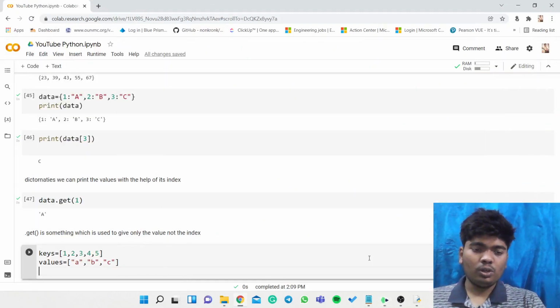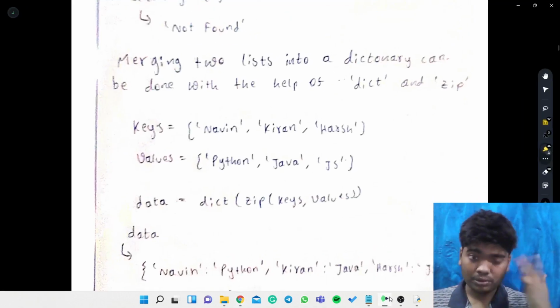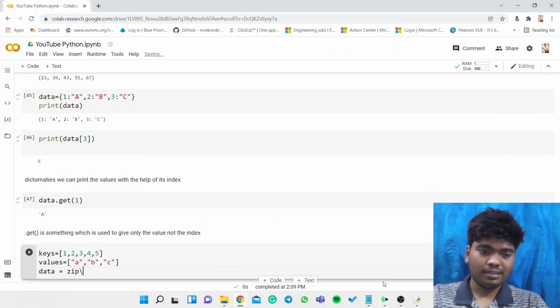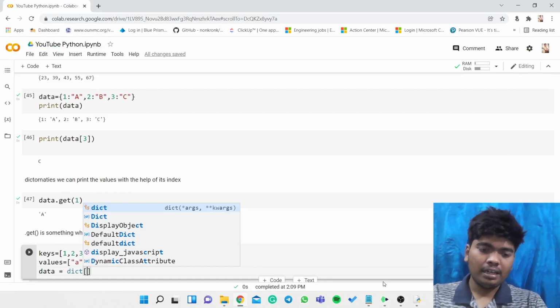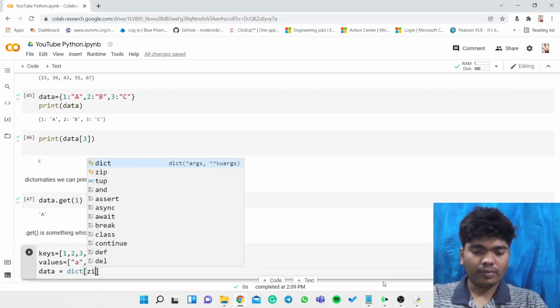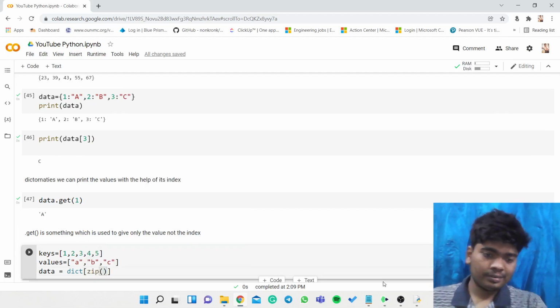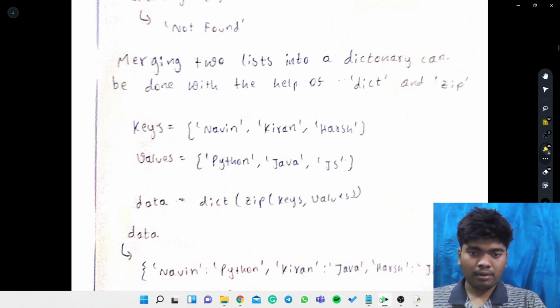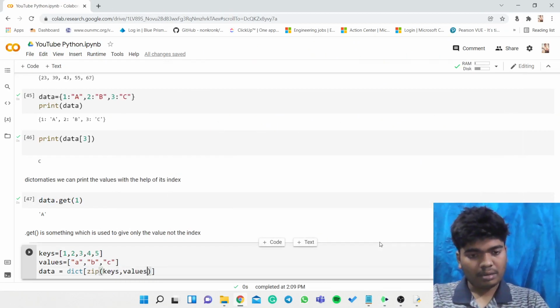Data is equal to zip, data is equal to dictionary. So we are just trying to put it in the dictionary, right? So dictionary of zip of keys comma values.